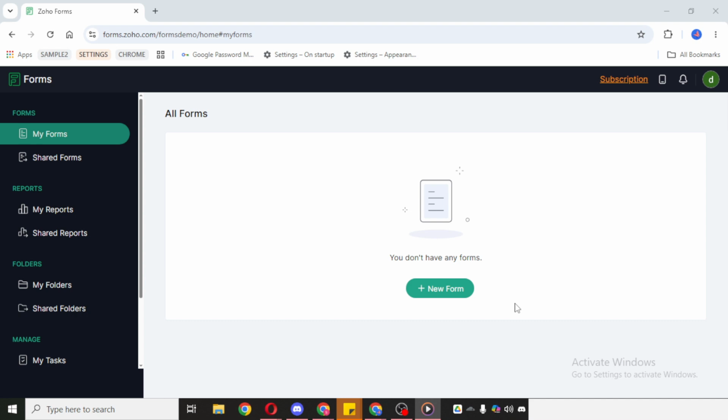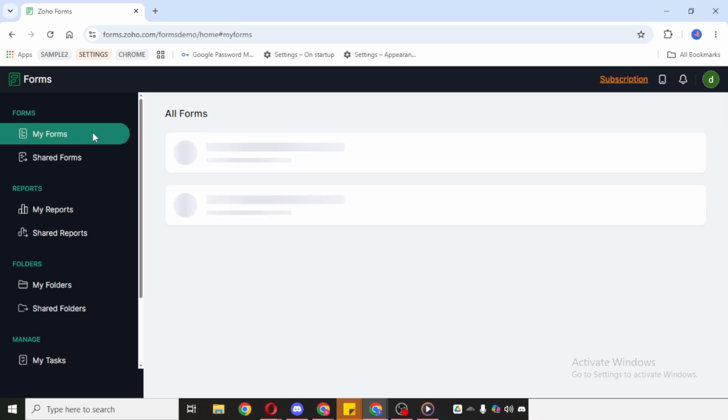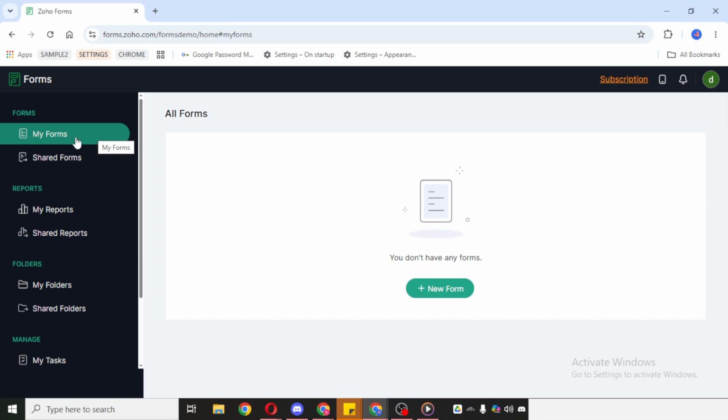If you're new to the platform, take a moment to look around so the layout feels familiar before you begin creating or organizing anything. Once you're inside, click on Forms and then select My Forms. This section is where your personal forms are stored, so it's the best place to view what you've already created or to begin working on something new. If you plan to manage several forms over time, getting comfortable with this area will make your workflow much smoother.